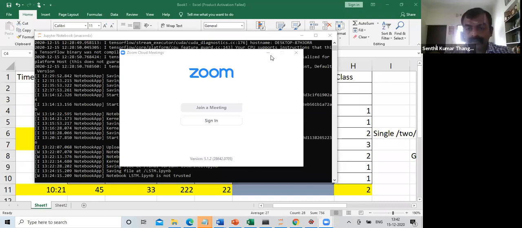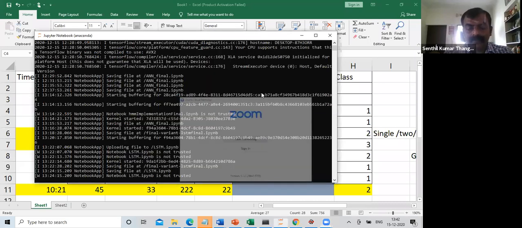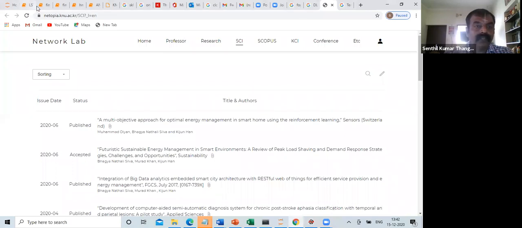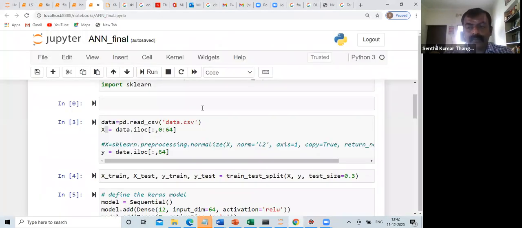So next, we will start our discussion. We will share the screen. Okay, so where we left is from the deep learning introduction where we started with the neural network, right? Neural network implementation. So we'll go back to that and we will show you the results, right? So this is what we completed.